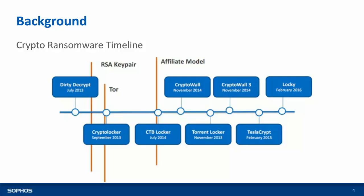big in the beginning of this year. Then we saw in February, Locky, which you may have heard of. It's known as Locky because all the encrypted files had .locky as their extension when they were encrypted. It was spread via a spam email, one of the largest spam campaigns ever seen, all at the same time. It was a Wednesday, I forget the date, but hundreds, thousands of people were hit by Locky and had